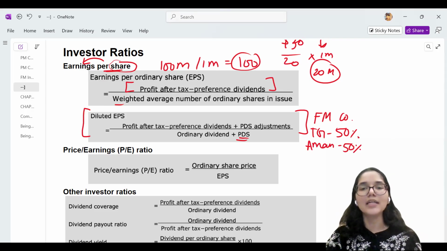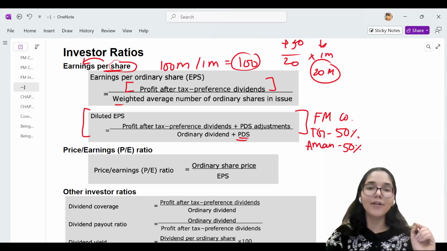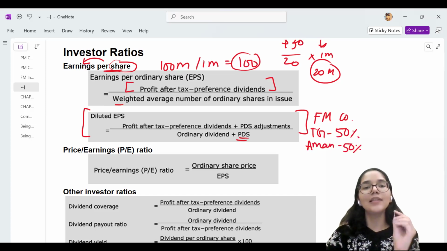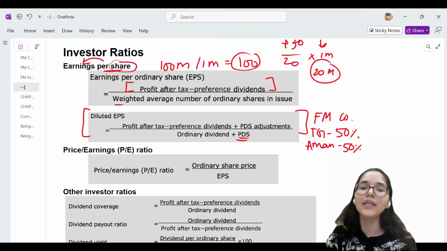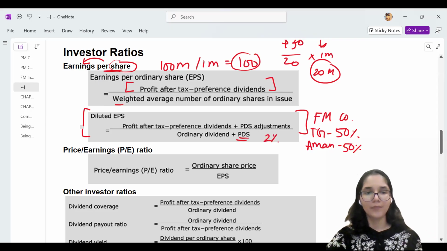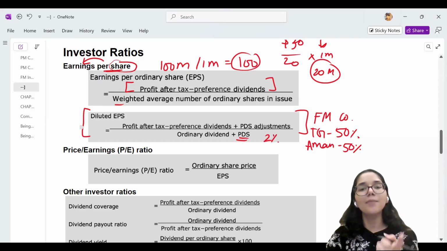Now, what we did is we went out to a bank and we took a loan from them. And within that loan clause, we had an agreement that either you can take back the money or if you want to invest in our company, you can have 2% of equity. So what will happen now if the bank chooses the option of taking equity in our company?